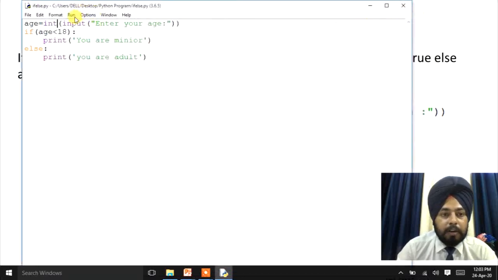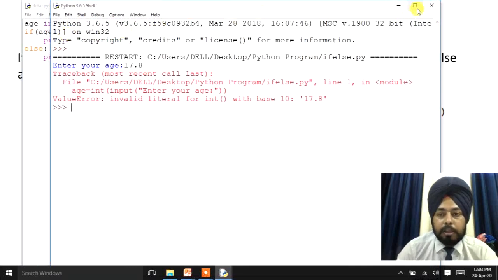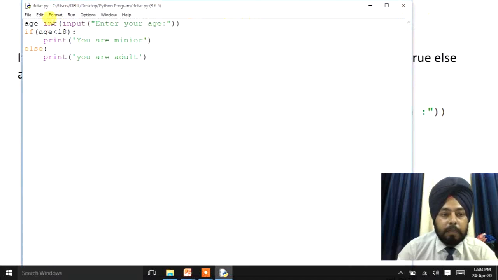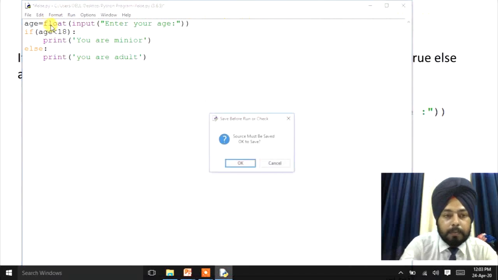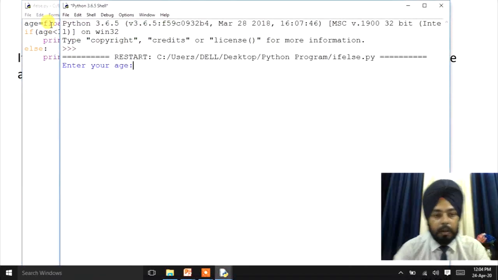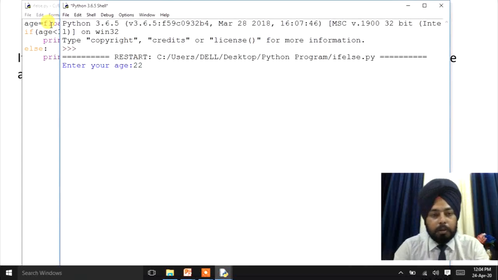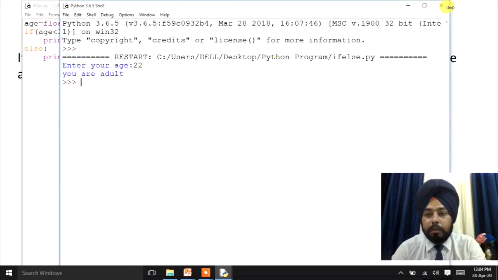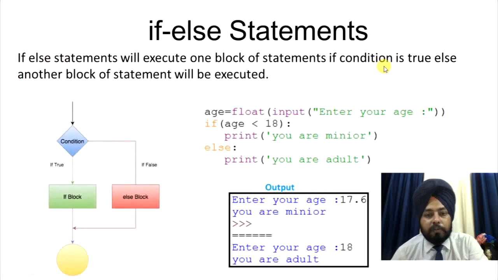Again, if I run this program and enter here 17.8, then it will show an error. This is because of this data type. That is why I have used the float data type here. Now if we enter here age 22, now it will show you are adult, right? So this is the work of the if and else statement.